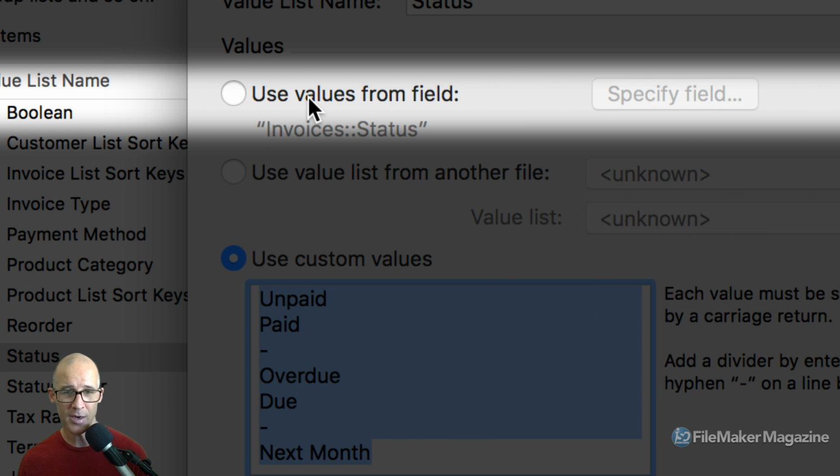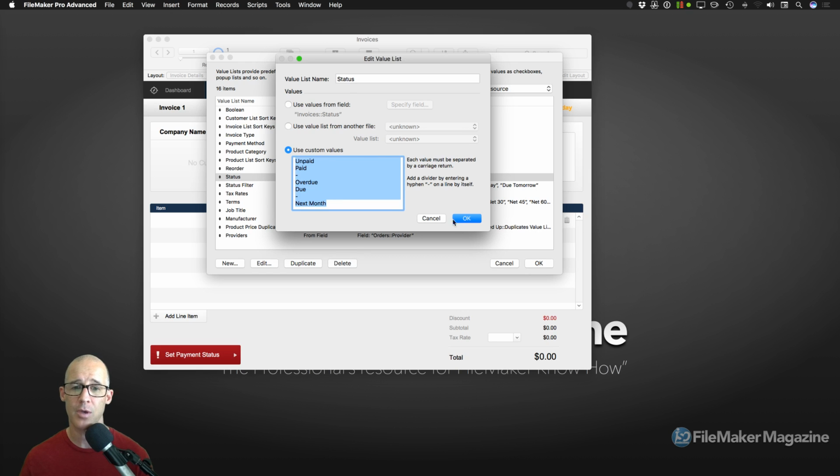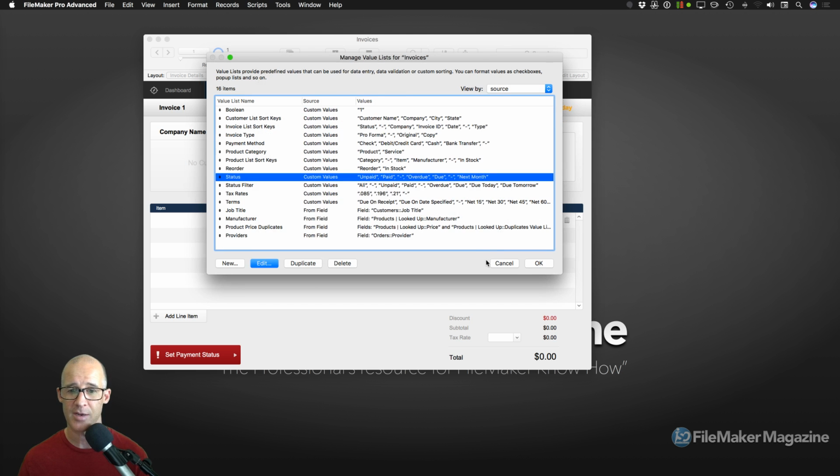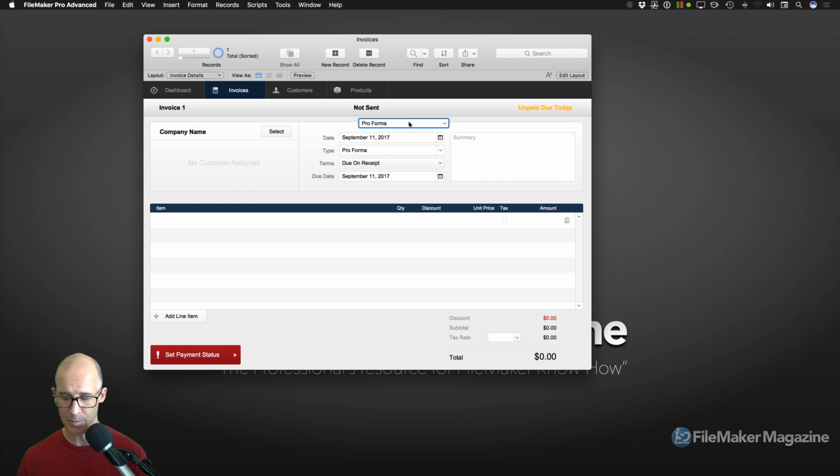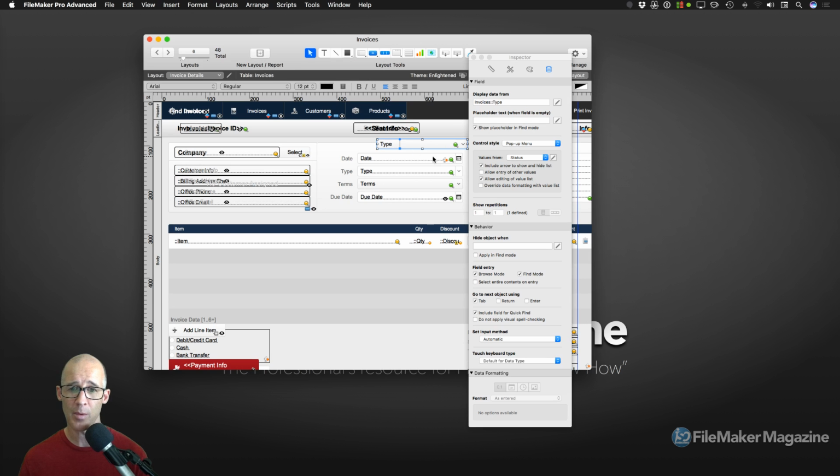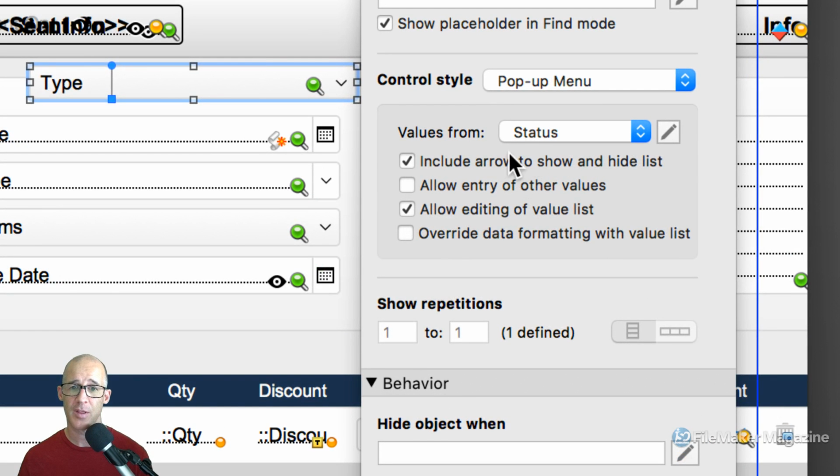But I definitely wanted to show you all of the different options that you have when you're using a value list if you take advantage of FileMaker's most simple value list, and that is the static values. So just remember that when you are modifying that value list, this option can be more dangerous, whereas this one is a little less dangerous, but all of the options that users enter as custom values are basically sort of hidden from you. So if you want the ultimate in control, you're probably going to be using a value